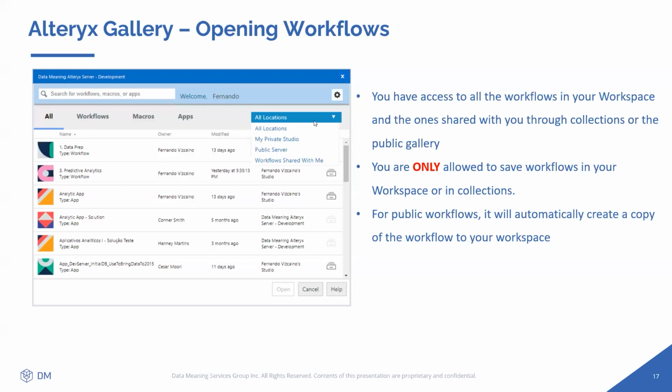And of course here, you can click on a workflow, and the difference here, as you can see in the versions, the ones that are grayed out are public, all public, okay? And for those that you have access to the versions, that means that it is in your workspace or in your collection, and